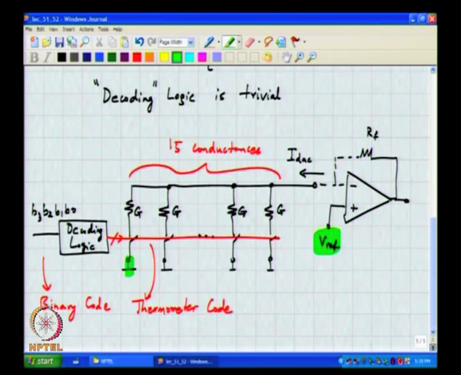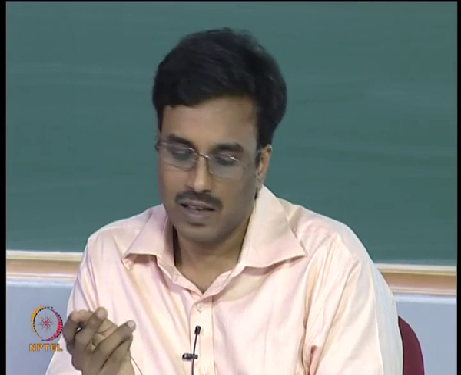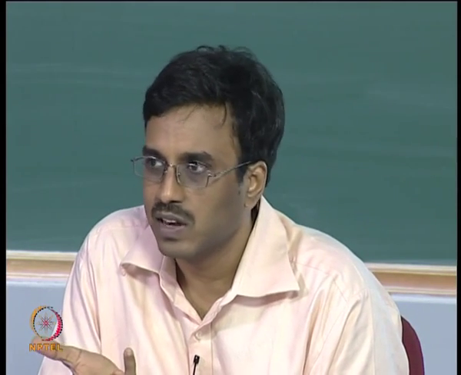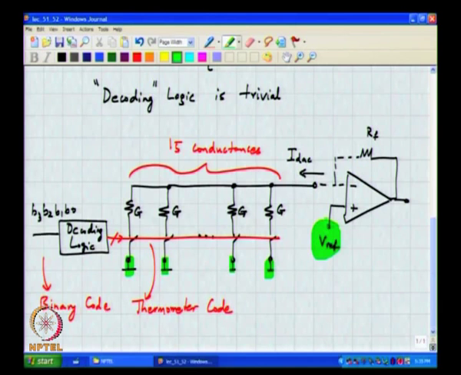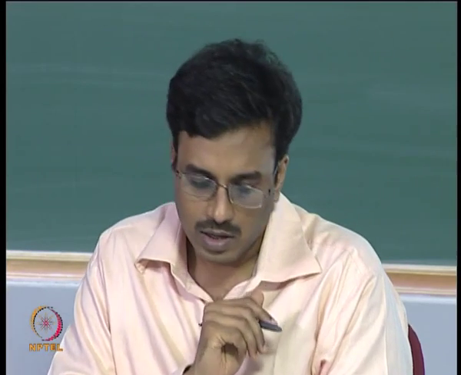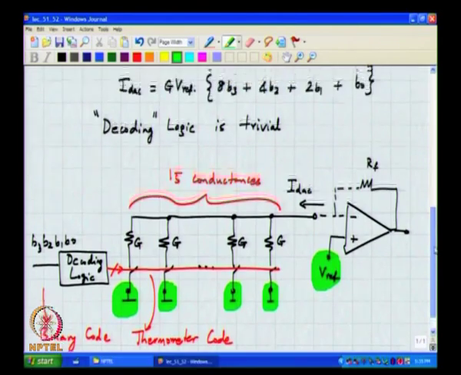Of course, there is no earthly reason to say this must be Vref and these must be ground. An alternative thing is to move all voltages by minus Vref, in which case the virtual ground becomes real ground, I am sorry, the non-inverting terminal becomes 0 volts and all these become negative, the direction of the current remains the same. On the other hand, if these terminals were connected to Vref, a positive voltage reference, the current that will flow in will be in the opposite direction, but all these are fundamentally the same. Okay.